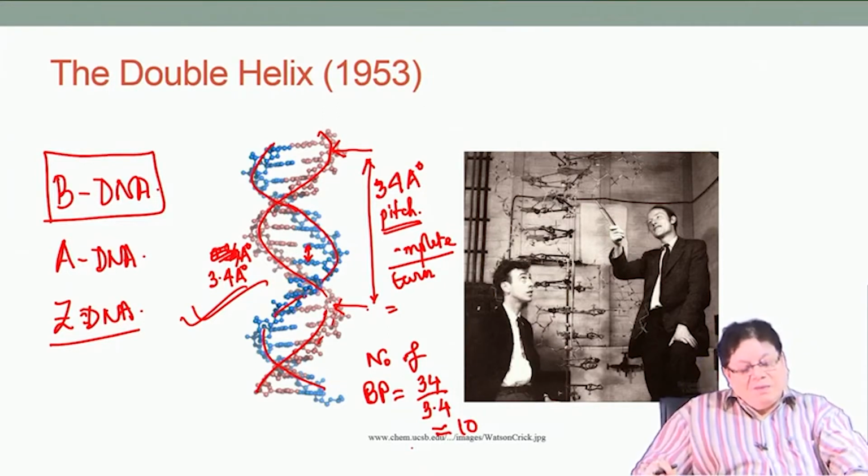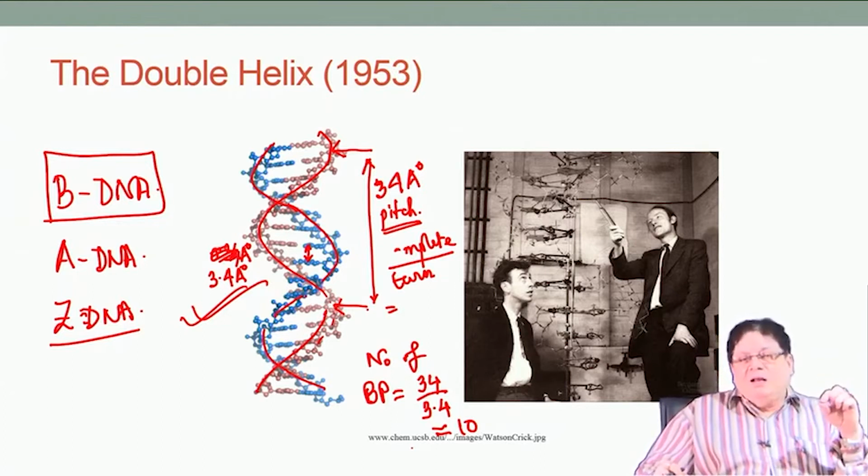In this B DNA, there are some DNAs which are more compact than this. There may be around 11 base pairs, that is called A DNA. Okay. But as I said, the most common DNA is the B DNA, and Z DNA is a little different. That consists of the very unusual form of DNA which is a left-handed double helix. A DNA is the one which is more compact, and this